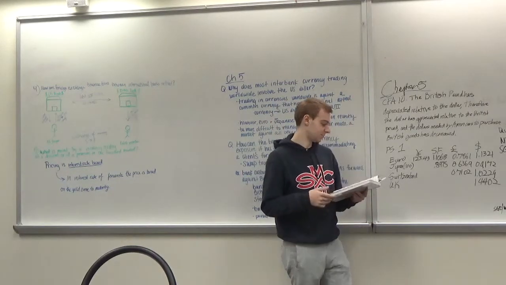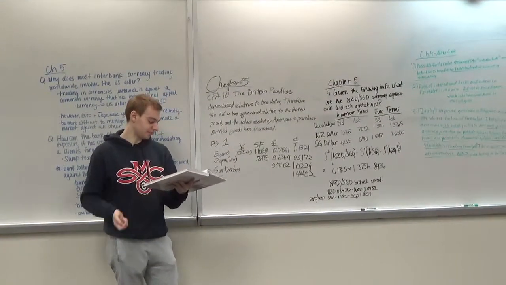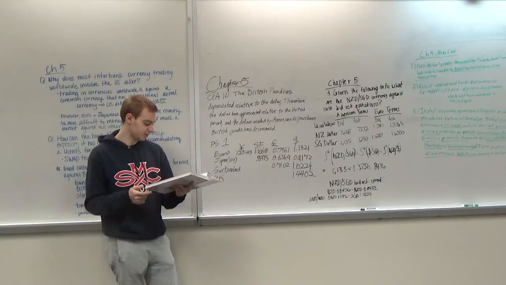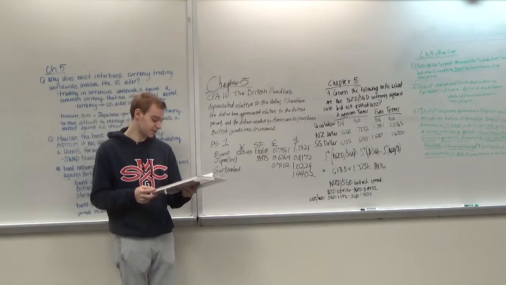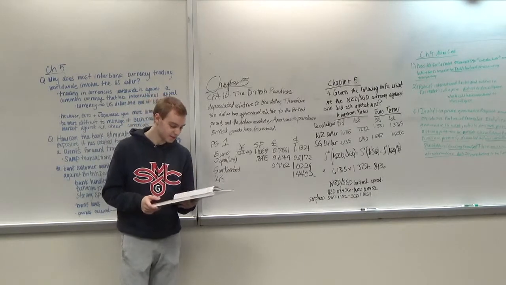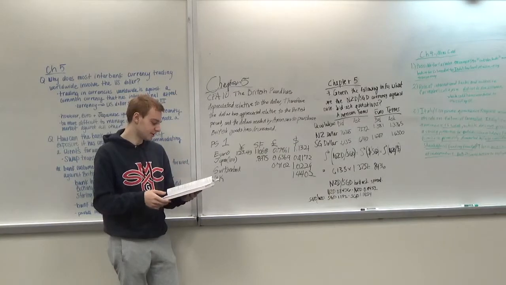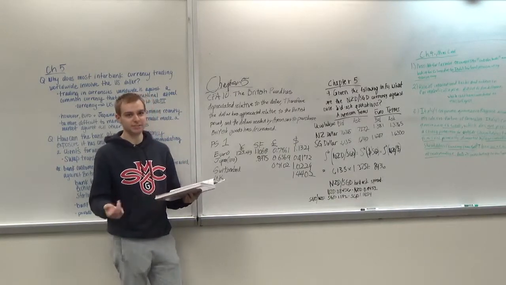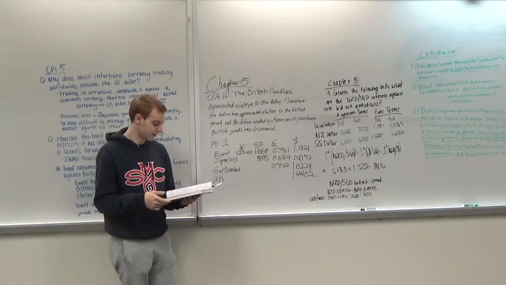So I had chapter 5, CFA 10, which asks, over the past 5 years, the exchange rate between the British pound and the US dollar has changed from 190 to 145. Would you agree that over a 5-year period, British goods have become cheaper for buyers in the United States? Since the value of the British pound has depreciated relative to the dollar, the dollar has appreciated relative to the British pound, and the dollars needed by Americans to purchase British goods has decreased, thus the statement is correct.